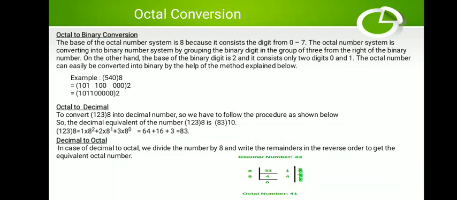Now to convert an octal number, which is shown here, it is an integer type of octal number. The number shown is 540 with bracket 8, which means base is 8. That means convert this given octal number into the equivalent binary number. What will be the base of it? 2. Then what did I say, that it is a 3-bit number. We group them into 3 bits. Each octal digit is represented by a 3-bit number.